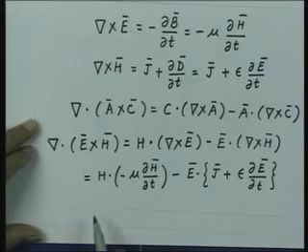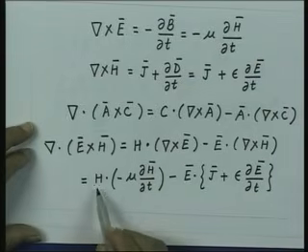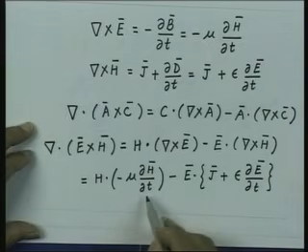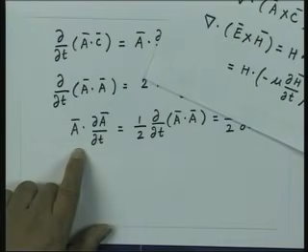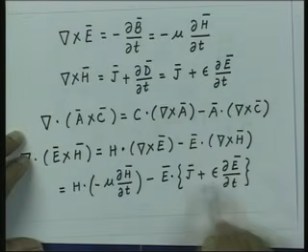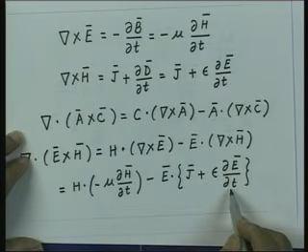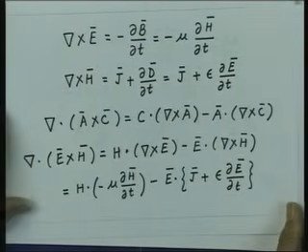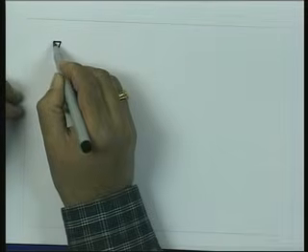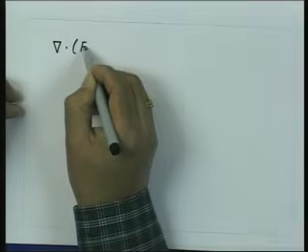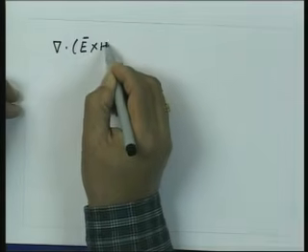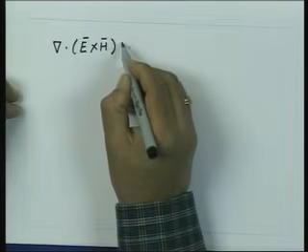simplifying this. So, essentially if I take this mu out, this is H dot dH by dt, that is the quantity which is similar to this. Similarly, if I take this, this will be E dot dE by dt. So, I can substitute from this into this equation and I get the equation as del dot E cross H,